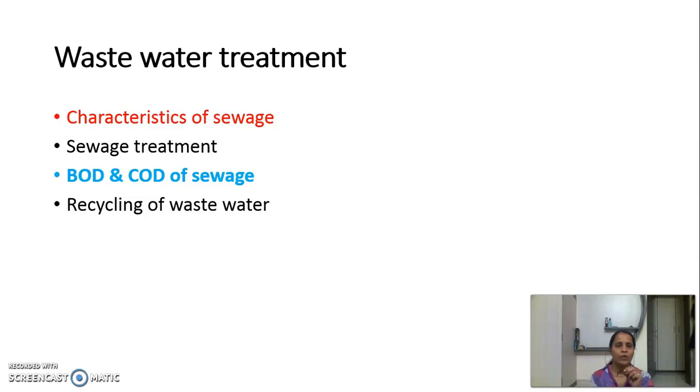Treatment of sewage focuses on BOD and COD calculation of wastewater, that is sewage. BOD is biochemical oxygen demand, which takes 5 days for determination, whereas COD is chemical oxygen demand, which can be calculated in the laboratory within 1 to 2 hours. Remember guys, water is life on earth, and resources of water are depleting. So it is our humble duty to recycle water and to use it again, that is, reuse water by means of recycling.